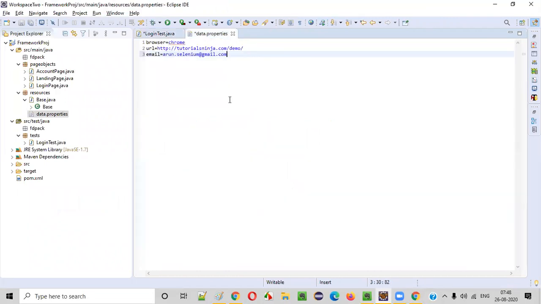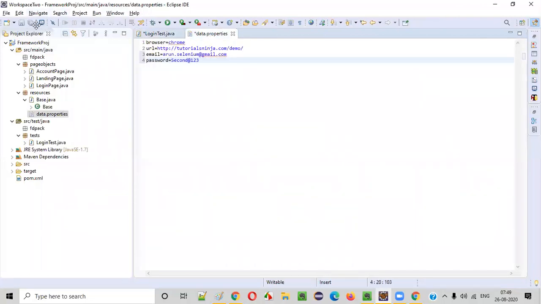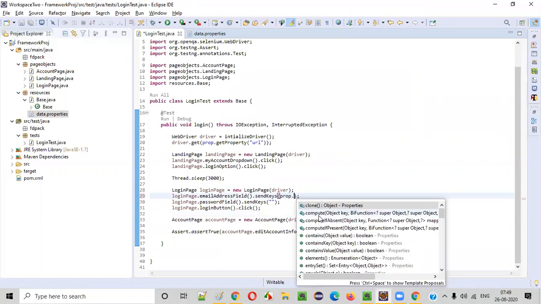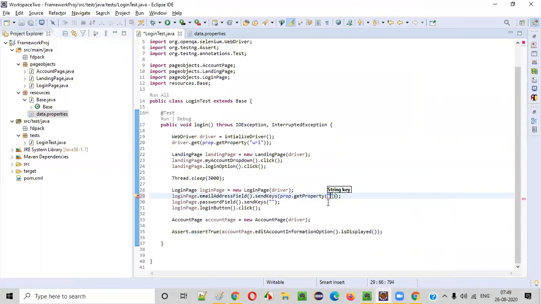Just put that email here, and password is equal to, what is the password? Password is nothing but this password. Just copy paste the password and email address. And how to read them? Simple. Here, instead of giving these double quotes and all, you'll say prop dot get property of, we have to give the email.